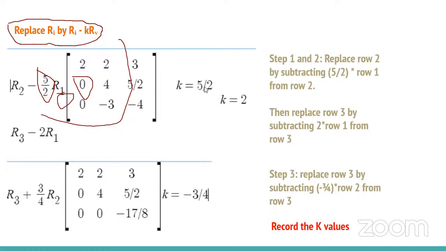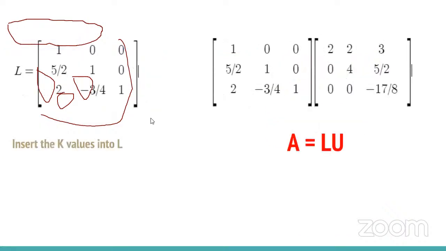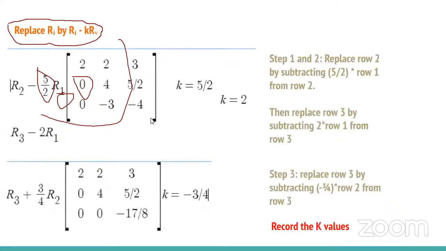Please note, the first k value is 5/2, and that is what we use to get the first 0 here. The second k value is 5/2, and that's what we also use to get the next 0 just below it. Then the third one here, if you see something like R3 plus 3/4 R2, and I said before that we can't use plus,